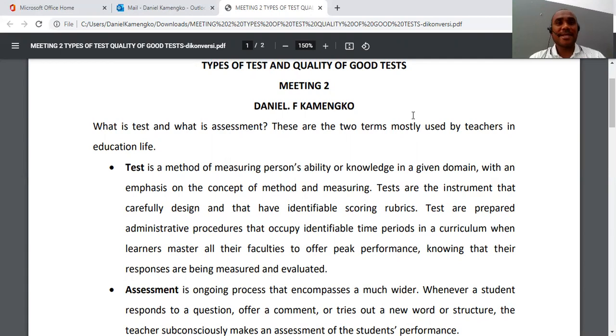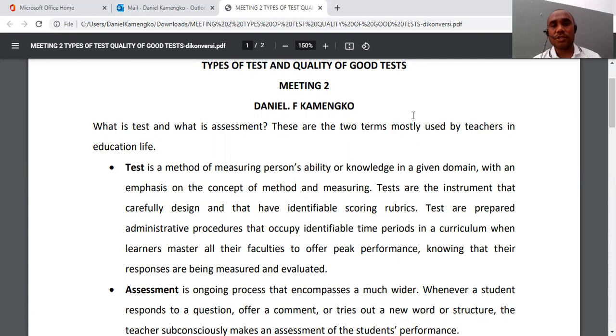All right. For the second meeting today, we're going to talk about types of tests and quality of good tests. If we talk about tests and assessment, it's mostly related to a teacher's job. I know in the future you are going to be English teachers, spreading all over and teaching English. Some of you maybe not.